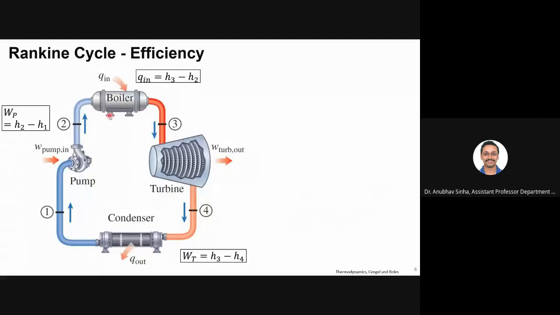So see, if you look at these two processes, from 2 to 3, what happens? Whatever the state is at 2, we added some heat. Okay. So Q in was added. So H2 plus Q gives H3. So if you take it to the LHS, it becomes H2 plus Q is equal to H3, which is correct.